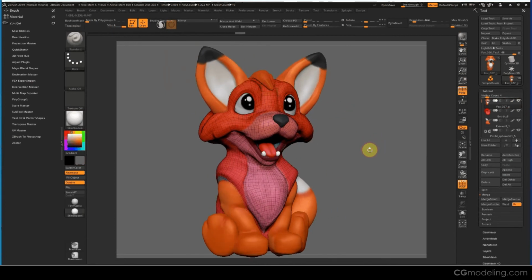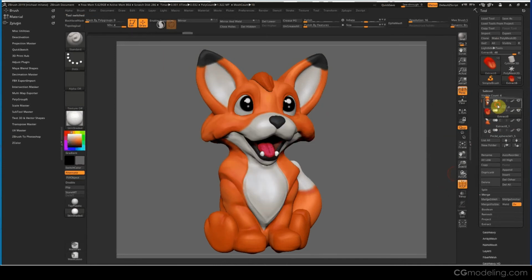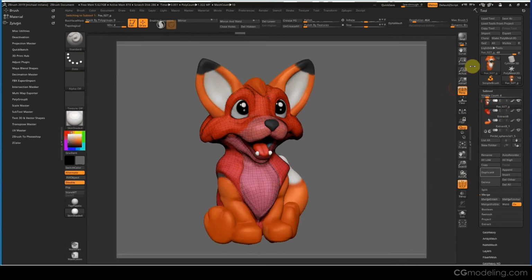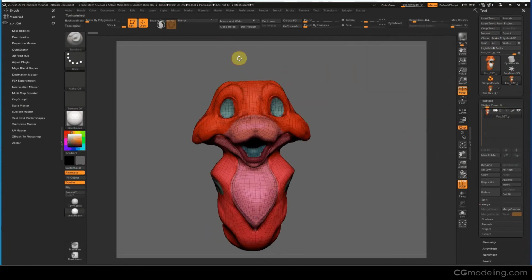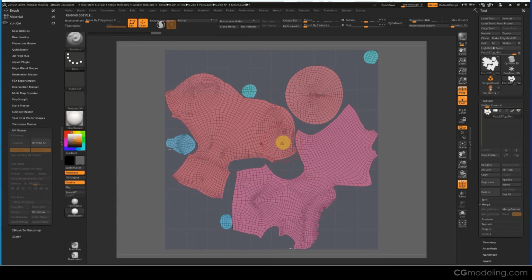And he is already UV'd, so I'm just going to duplicate him just to show you. Oops. Delete that. I'm going to clone him. Clone the body. He's in different pieces just for speed purposes. I'm going to delete higher so we can see the layout. And then I'm going to go to UV Master over here and flatten. So you can see that he's already UV'd, but this particular piece is UV'd and it takes up the